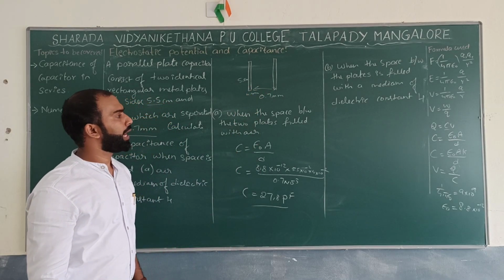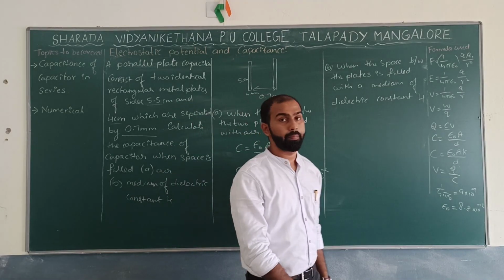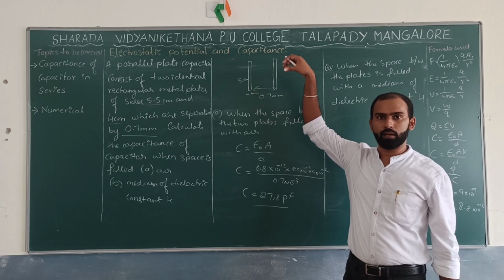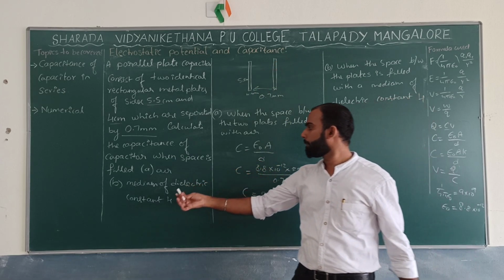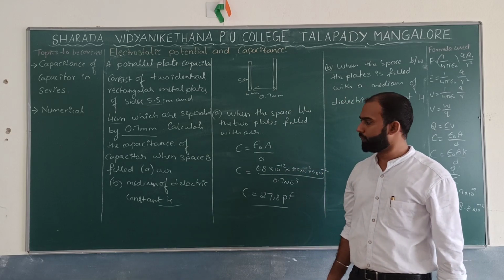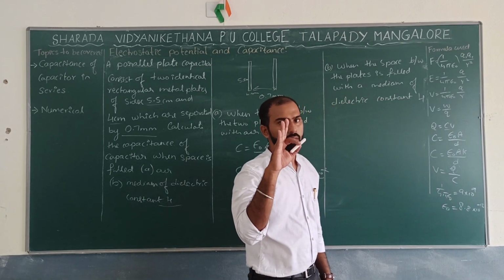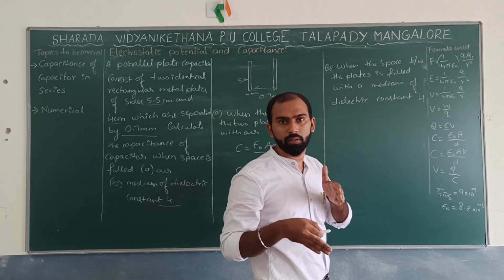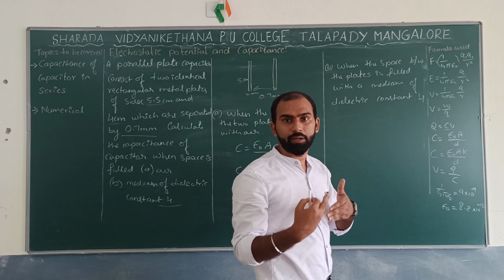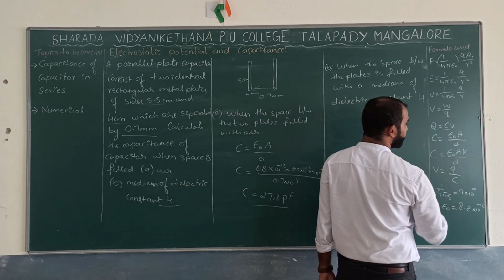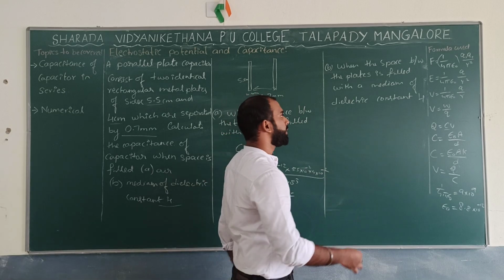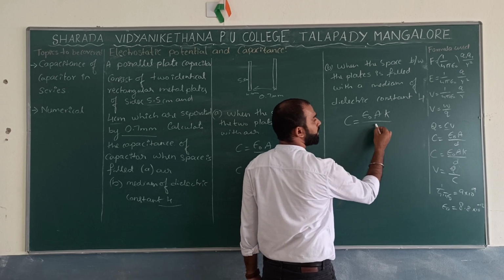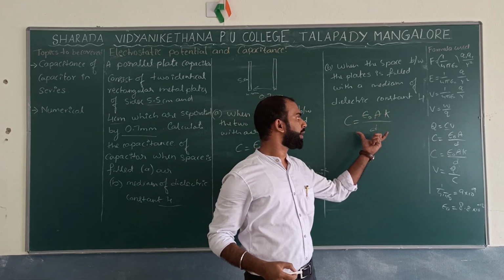Now we have come across one more situation where we are supposed to keep one dielectric medium, whose dielectric constant is around 4 over here. So what is the formula we have? The capacitance of a parallel plate capacitor filled with a dielectric medium is C is equal to epsilon naught A into K divided by D, where K is the dielectric constant. So this much value we have got just now.